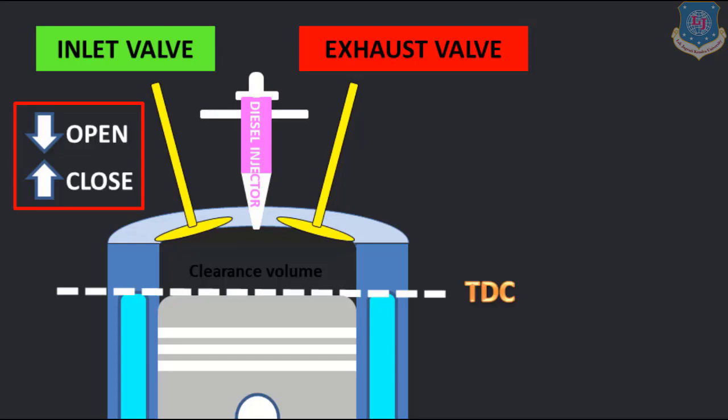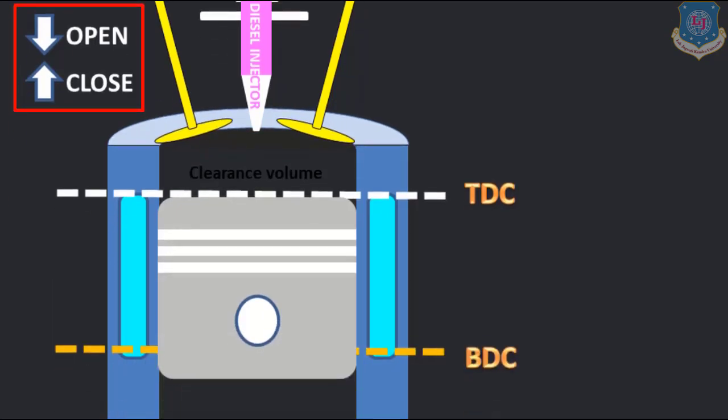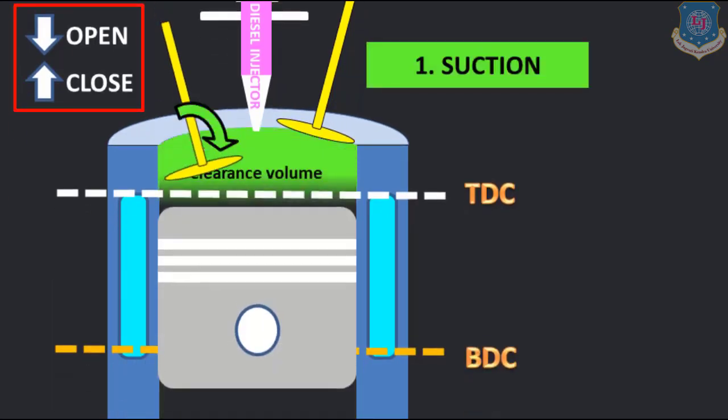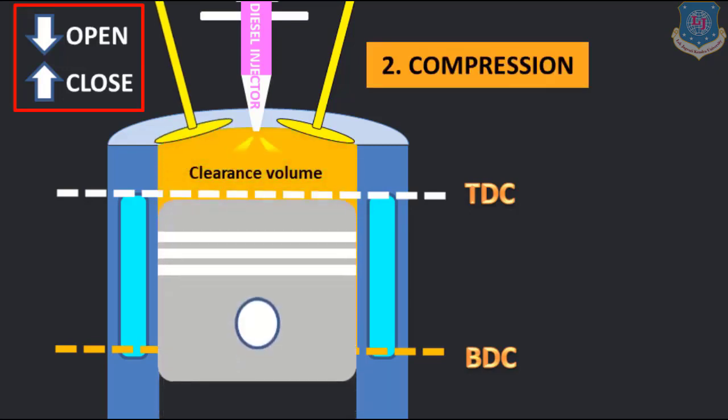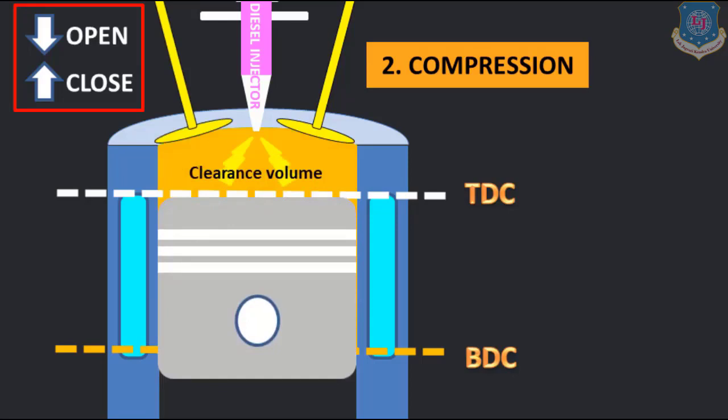In the animation you can clearly see that there is a diesel engine. Fine. So how does it work? In the first case there is suction. Now make it clear, in suction there is only air intake because it is a diesel engine. Fine. So in this engine we are taking air inside the engine. Now it is our first stroke, that is the suction stroke. Thereafter compression will be done and our engine will work.